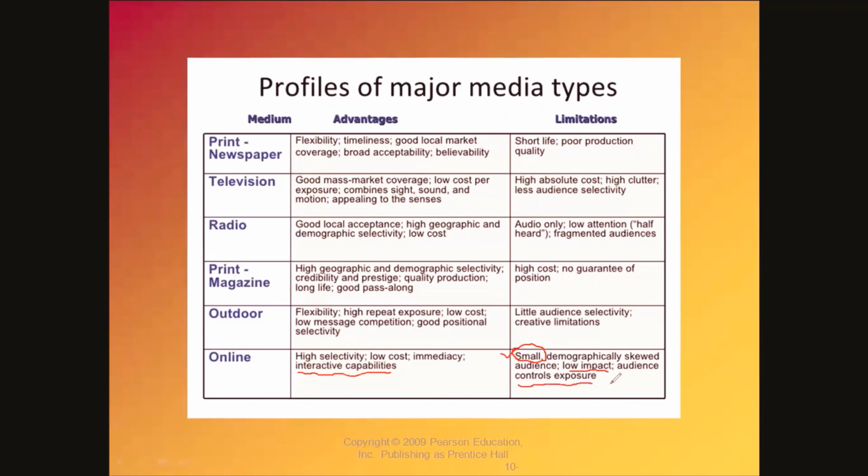Audience might skip the ad. In case of online advertisement, the audience has the freedom to skip the ads. These are the advantages and limitations of major media types. So as media planners, we have to analyze the advantages